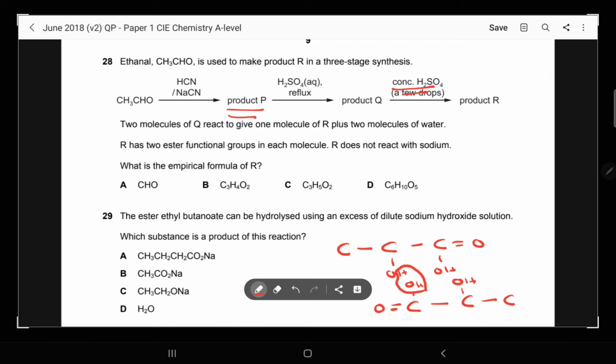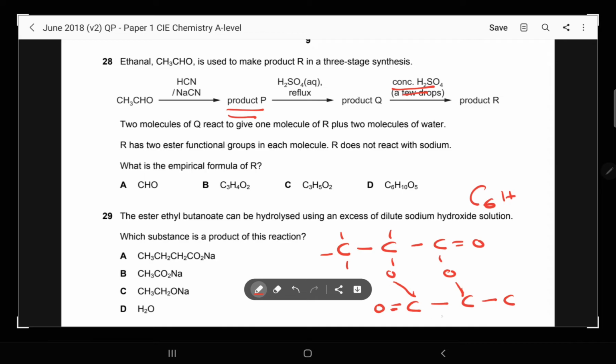These two react together. Two water molecules are condensed out of the equation. So we are now left with oxygen reacting with this and an oxygen reacting with this. So the final compound has 6 carbon atoms, C6. It has